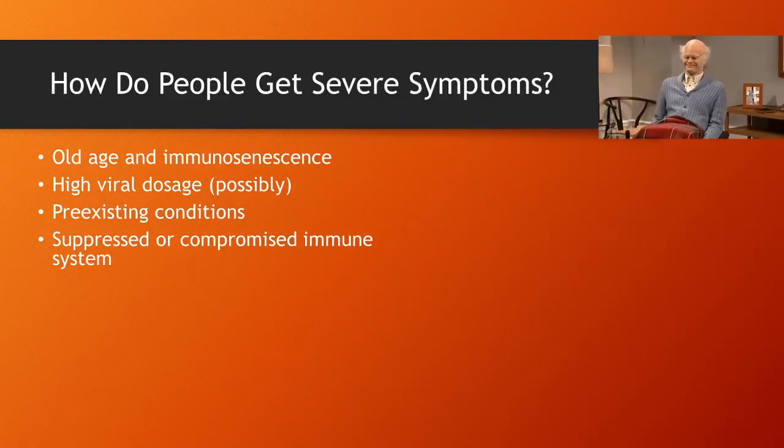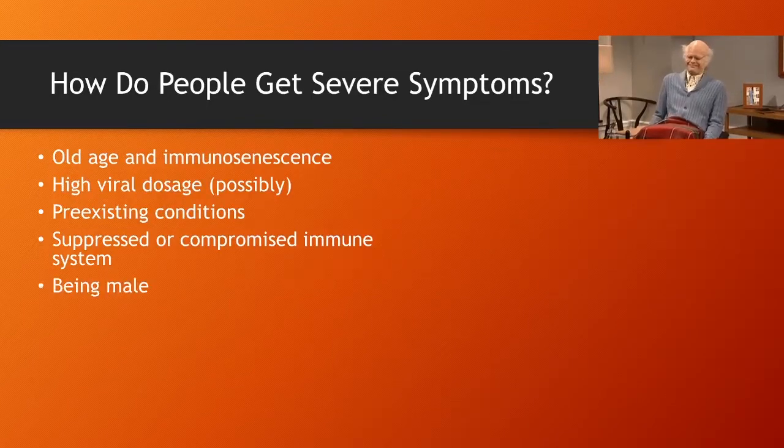But in reducing your immune response there, you could be reducing your overall immune response, therefore making you more susceptible to infection. And a compromised immune system, like someone who has HIV/AIDS, for instance, is obviously going to get hit quite a bit harder by something like